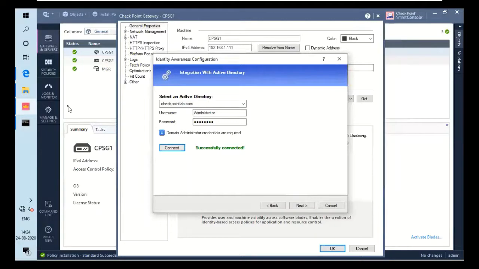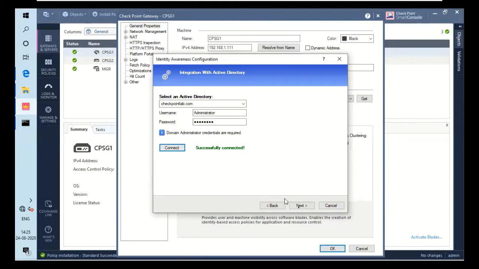Sometimes it takes time to connect and it says failed to communicate. So what you have to do is just initiate a ping or something like that. It will connect. It didn't happen right now, but sometimes it happened to me also. So you don't have to worry that your AD server is not connecting to the firewall. You have to ping or try to communicate with any other medium so that a communication happens and this connection can be successful.